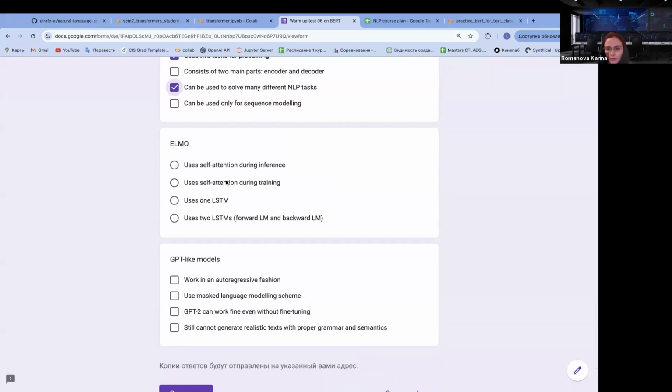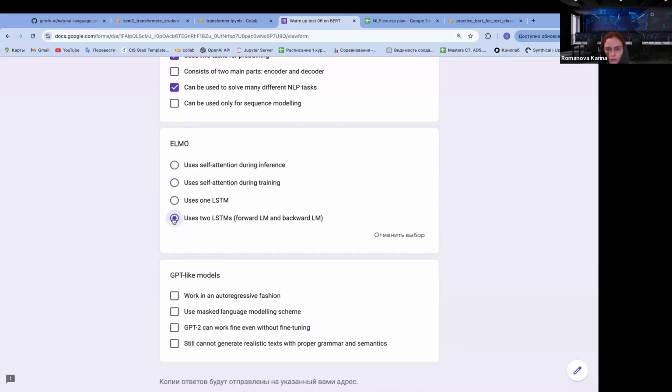Let's talk about ELMo. Here I would choose the last option because the first one would be incorrect since ELMo relies on LSTM, not the self-attention mechanism. ELMo doesn't employ self-attention at any stage. ELMo uses two LSTMs to capture bidirectional context,